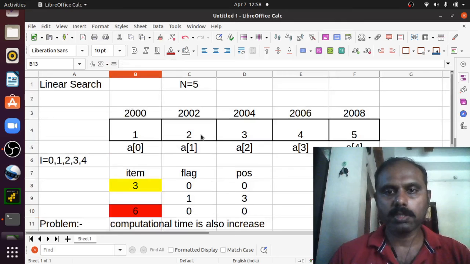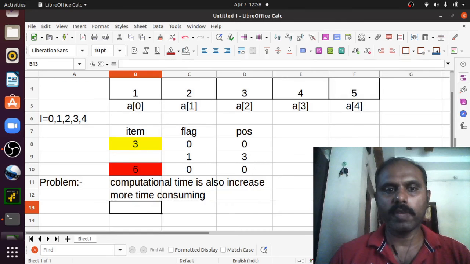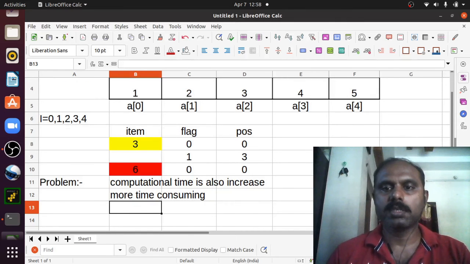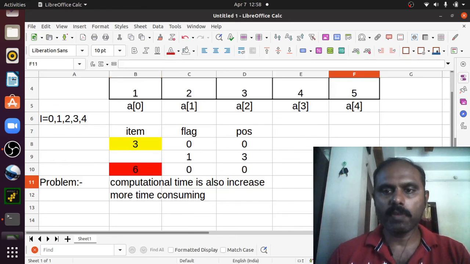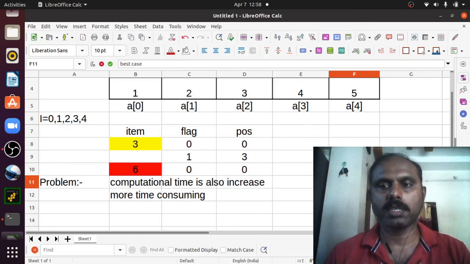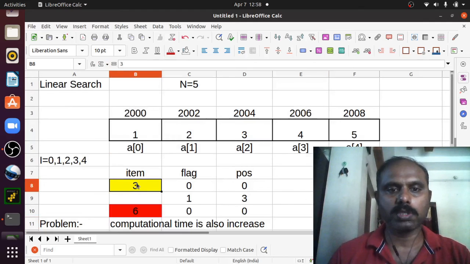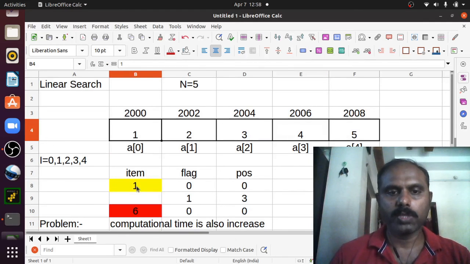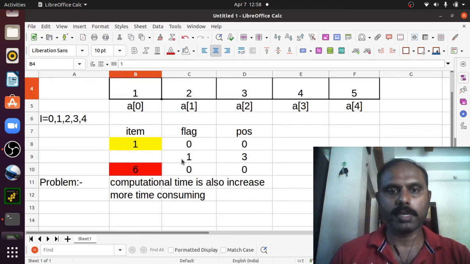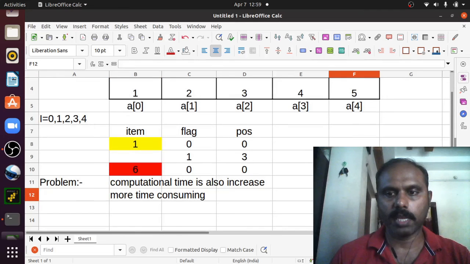Why? Because of the number of comparisons, and always you have to consider the worst case. For example, here in linear search, what will be the best case of searching? If the element which you want to search is at the first position, only one comparison is needed. So that is the best case. And what is the average case?